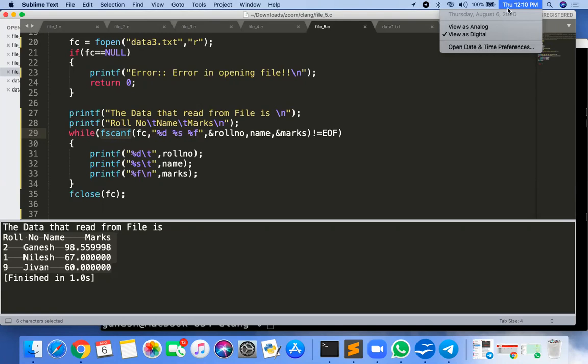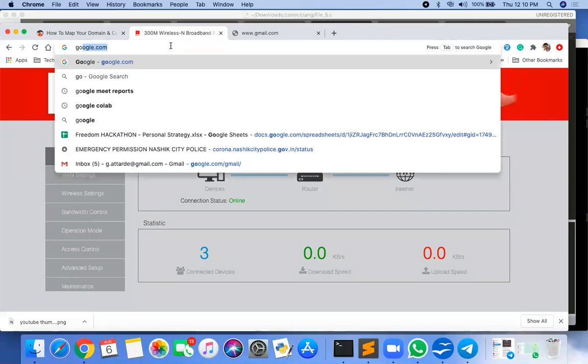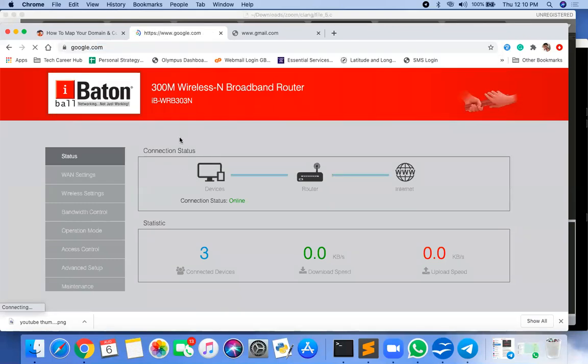I think I have shared one technique online. What is that? One of you asked me the question, sir, how to do a file operation online.